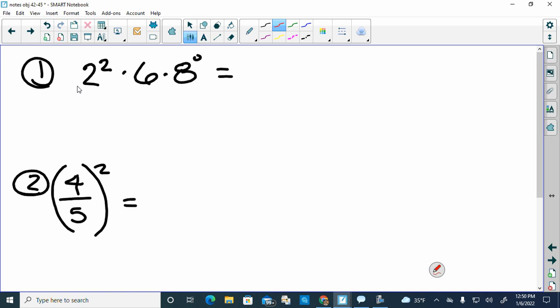Okay, starting out easy, order of operations. So order of operations, we got to do exponents before we can multiply. Okay, so 2 to the 2nd power is going to be 4. 6, it's not changing, right? It's going to stay as 6. 8 to the 0, 1. Okay, so now we can multiply. So just 4 times 6, basically, which is going to be